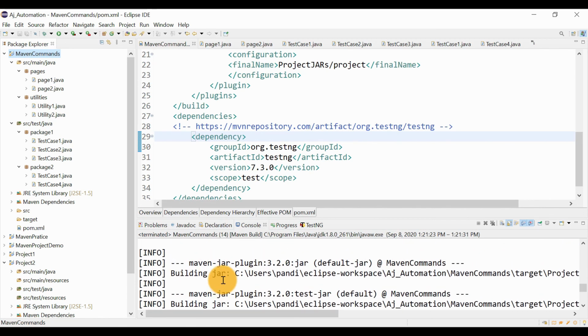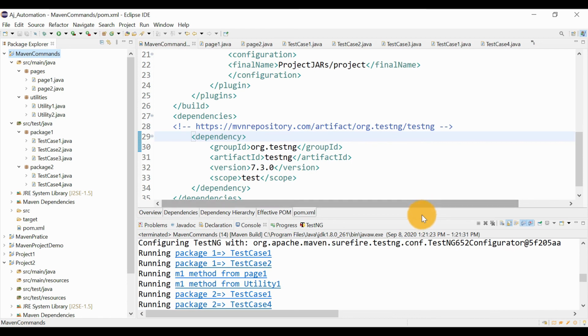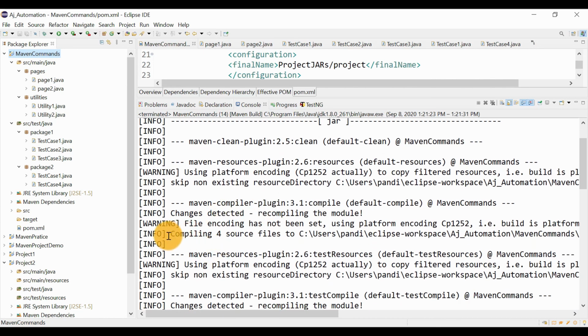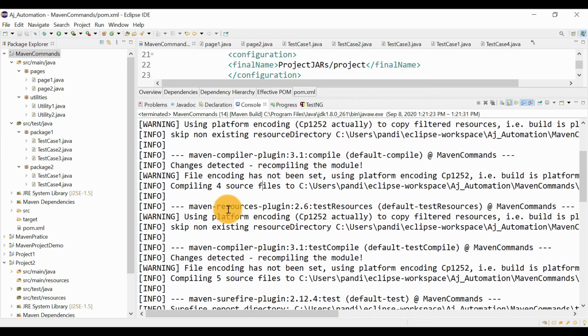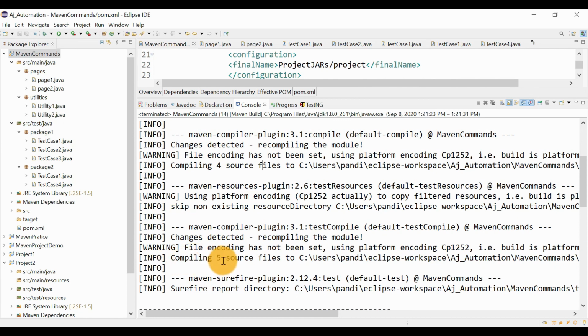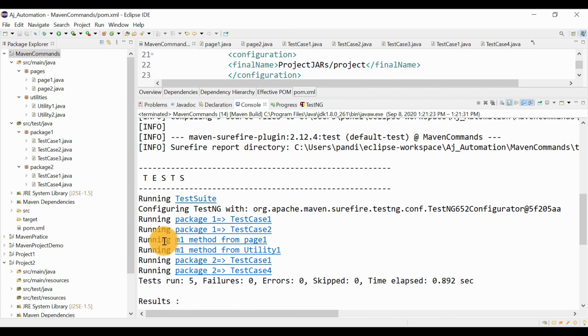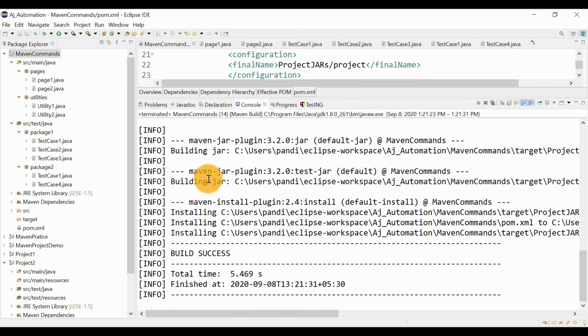Okay, build success, our build is ready, jar files are ready, and as we have cleaned our project first using the clean command, you can see it will start from the first phase, compiling the source files. Previously we had the source files and the .class files, that's why it was directly creating the jar file, but we cleaned our project now, so it ran all the phases: the compilation, then compiling the test classes, then running your test cases from all the packages. Total 5 tests, 1, 2, 3, 4 and 5, and then it has built the jar.